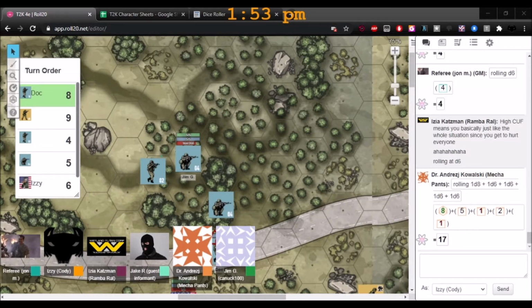So your hit is a success, but your weapon's going to jam. And to clear your jam, I know the rules say you have to make a tech roll, but I think any infantry person or anyone who's trained on a weapon will just automatically know how to clear a jam. But I think I would say that you can't do any more shooting for a round as you clear your jam.